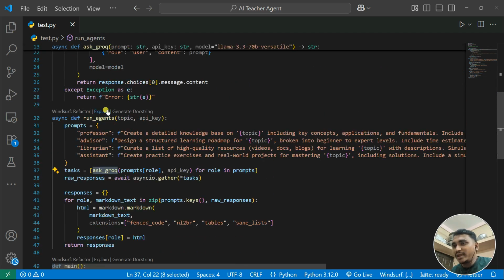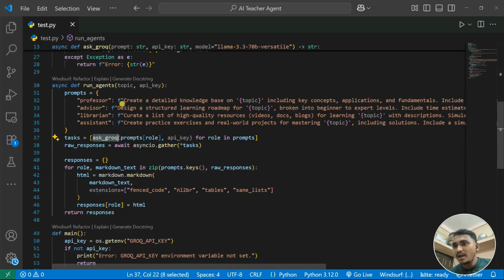Now we simply call the Groq method, and we pass the prompt, and in this prompt we give it the role. This role is coming from the prompt itself, because if I try to access it, we can easily access the role. So this is the role, and this is nothing but the prompt itself. We pass the role and the prompt itself. The roles come in order: first the professor, then the advisor, the librarian, and the assistant. Based on that, we simply create a list and try to gather everything